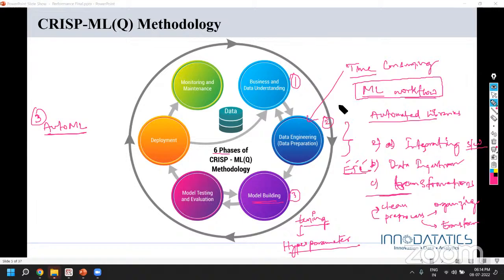And for the deployment stage, as part of today's session, we will be only showing you the Flask application. Flask is a Python library which will help you get a web framework installed.